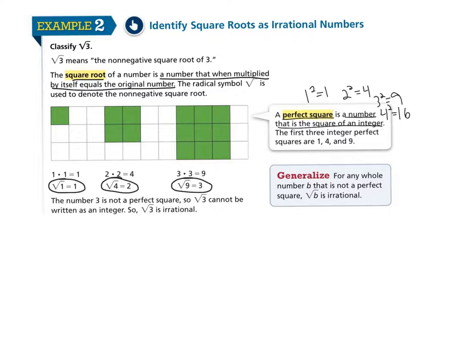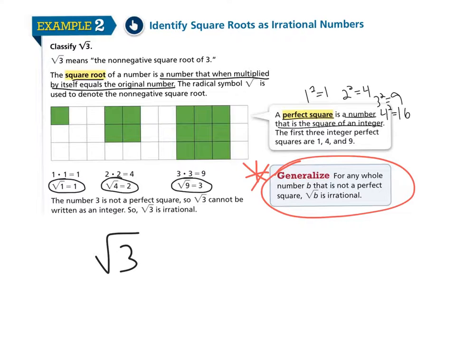So what's going to happen with the square roots is that if it's not a perfect square, then it's irrational. We could actually do this if you wanted to check on your calculator, just to get an idea. Like we could take the square root of 3. The book's saying the square root of 3 is irrational. To do the square root of 3, hit the second button, which is yellow or blue or something in the top left corner,